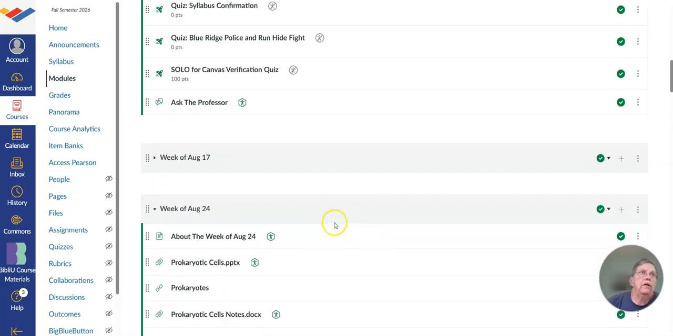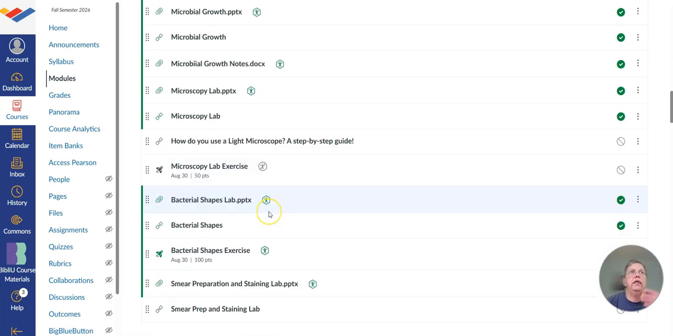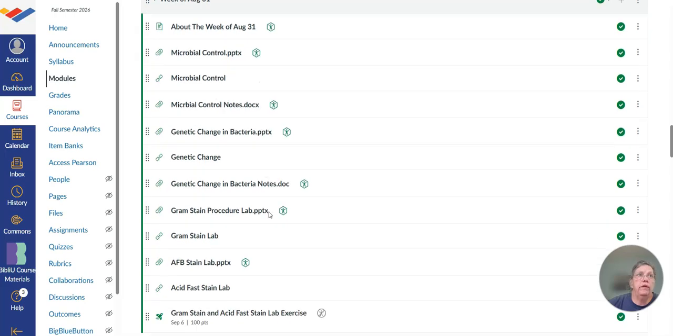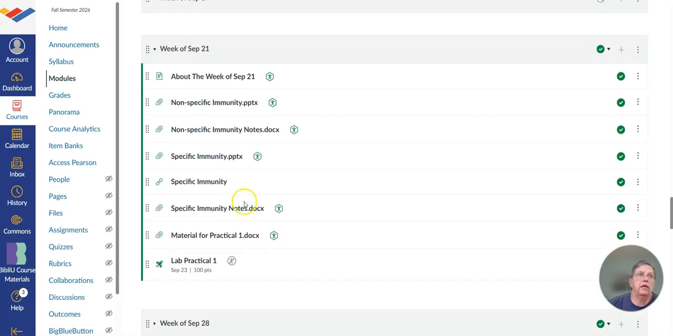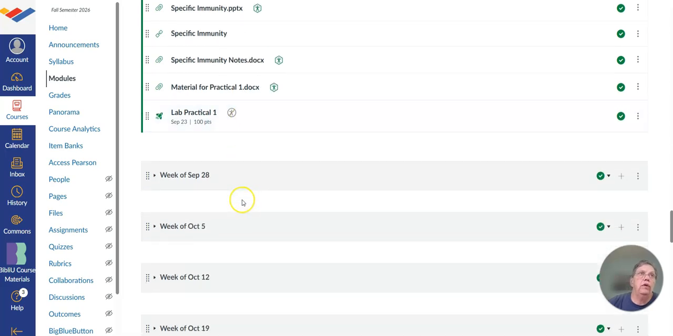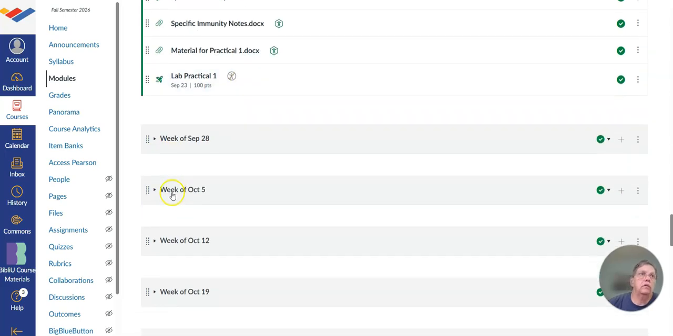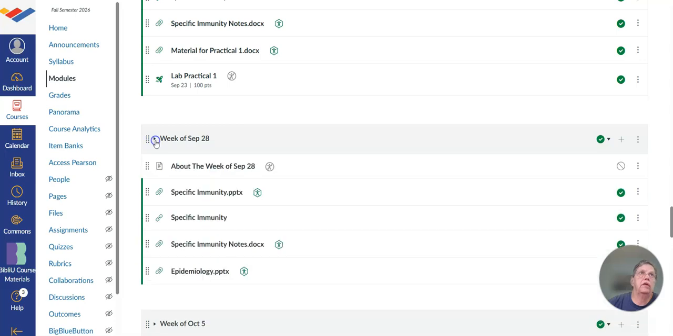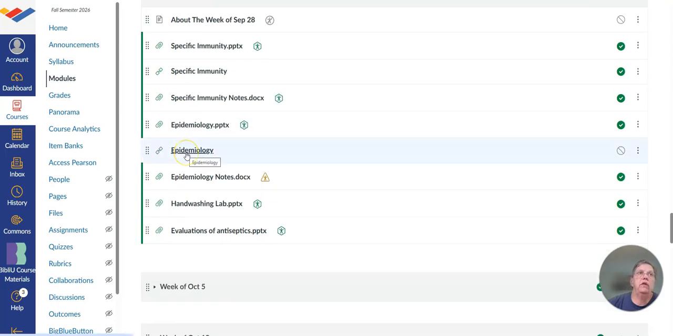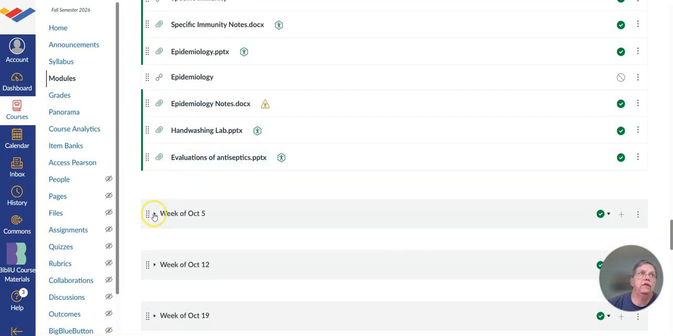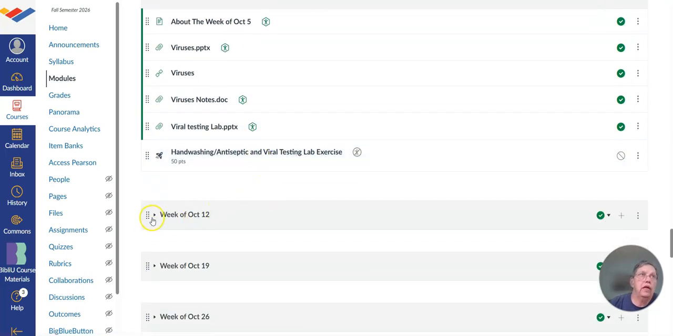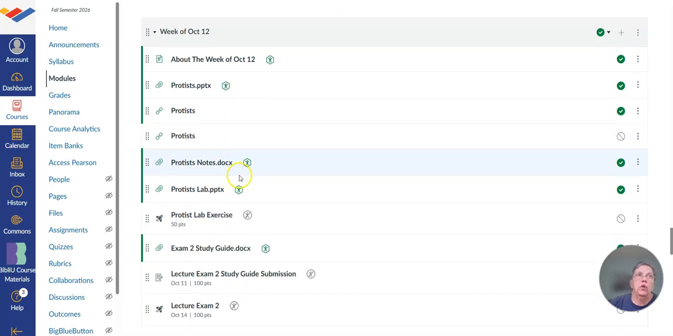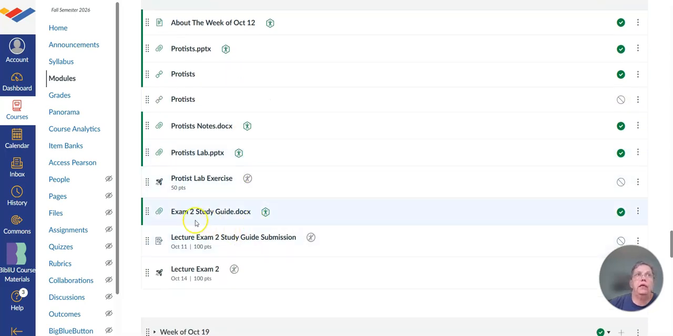So let me go on down here. And that's going to continue for the rest of the course. You can see there's your acid fast and there's this. Okay? The one thing I wanted to point out, get here, it's going to look exactly the same. You can see how that epidemiology is. Again, the same thing. We're looking at viruses. There's your lab exercise. Protist lab. Again, you can see this